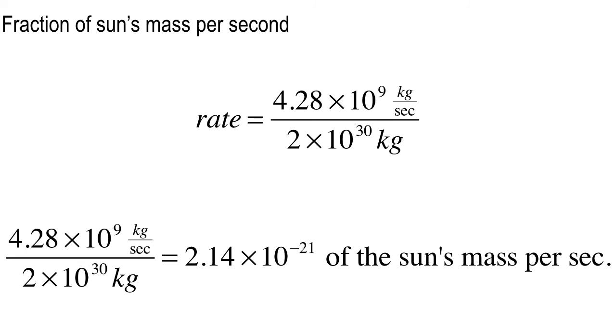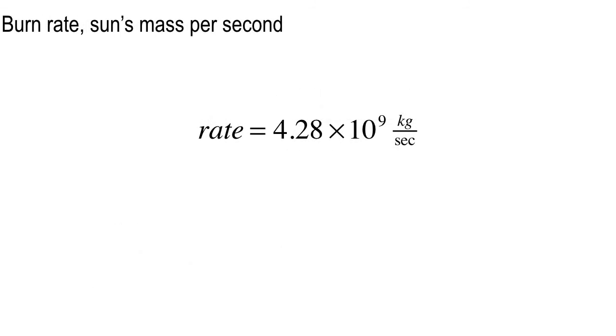If it was losing 2% of its mass per second, that would be 2.14 times 10 to the minus 2. That would be a percent. But this is 10 to the minus 21. It's not per mil, it's not per million, it's not parts per billion, it's parts per 10 to the 21, which is ginormous. So this burn rate, 4.28 times 10 to the 9,